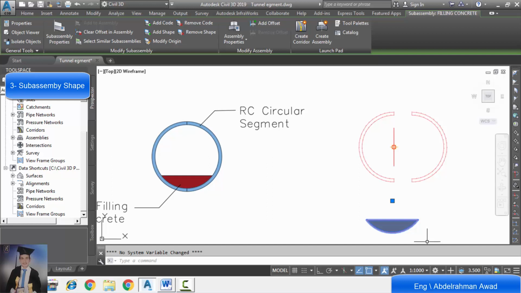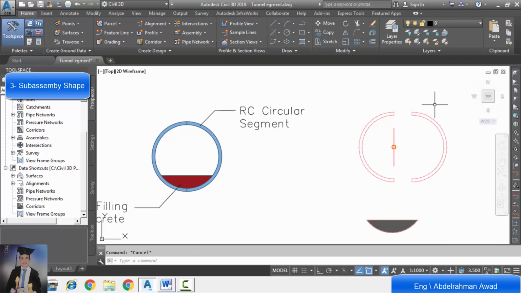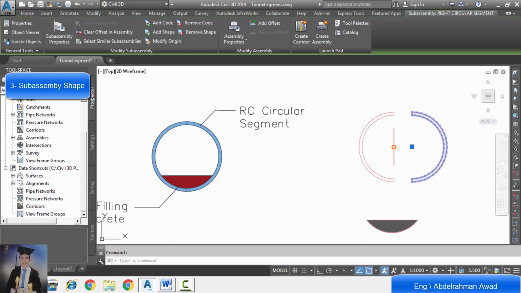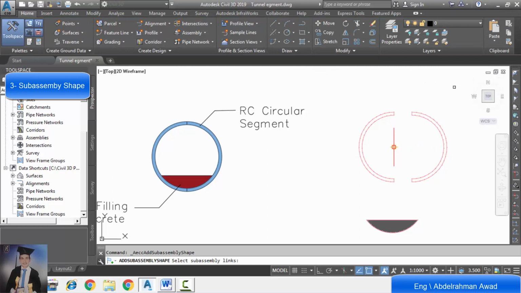Now we will turn to the circular halves. We will make shape for right half. We click on first half sub-assembly, add shape as the same.